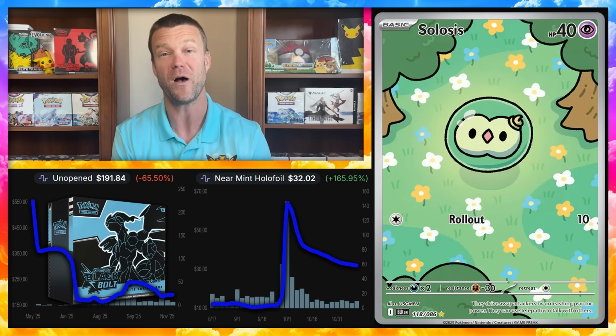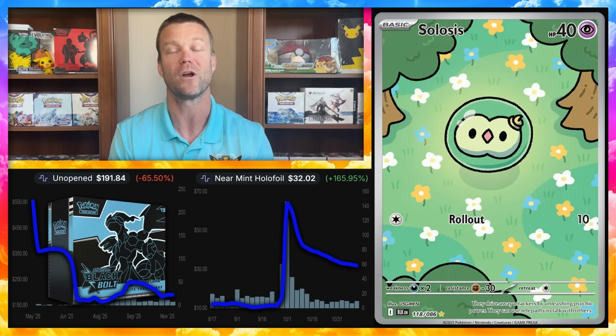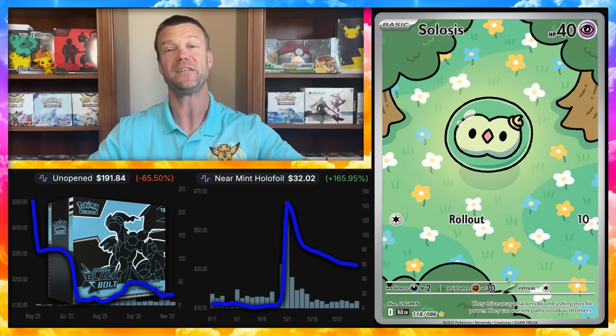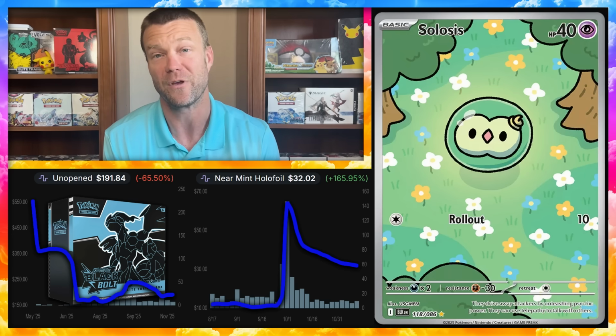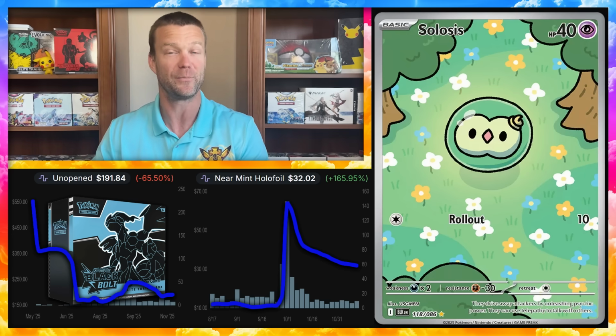Now, if you love the Pokemon, buy the card. If you're trying to complete the set, buy the card. If you think this is epic artwork, absolutely buy the card. If it makes you happy, buy the freaking card. I don't care. However, for me, somebody who likes to purchase cards that I think have the opportunity to increase in value over the long run,